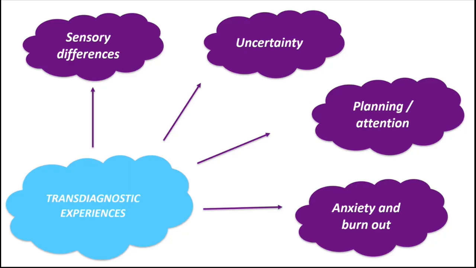Challenges with change and uncertainty, and challenges with sensory experiences, can impact how anxious somebody is and their experiences of anxiety. And we do know that neurodivergent students, especially autistic students and those with ADHD, are at a more heightened risk for burnout, especially autistic burnout, than their neurotypical peers. So we really have to bear this in mind. And again, I'll pick up on this throughout the session today.